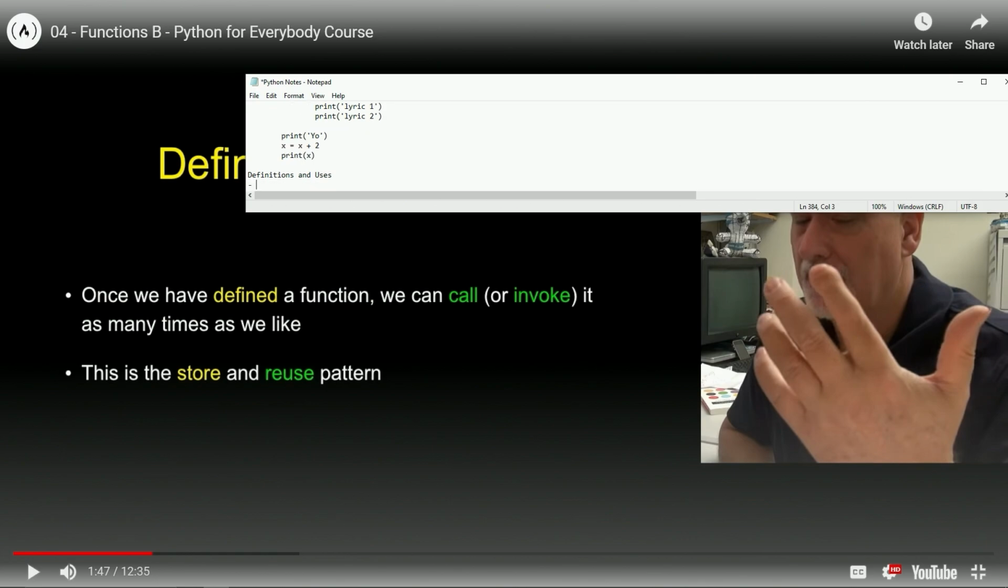There. All right. Once we have defined a function,